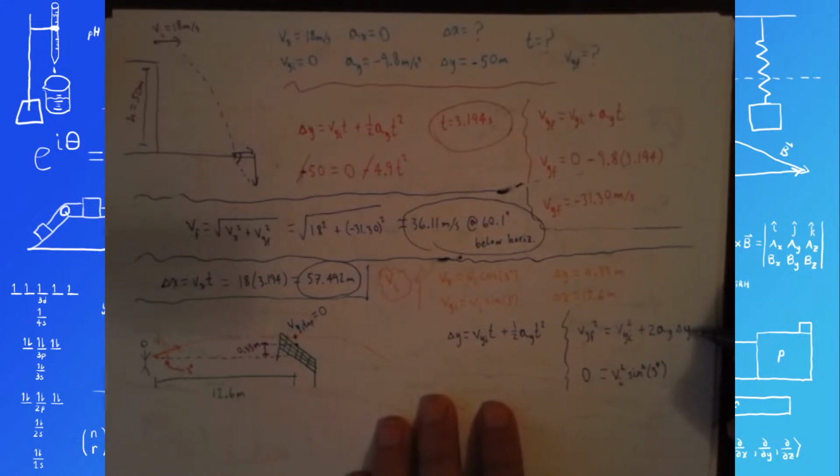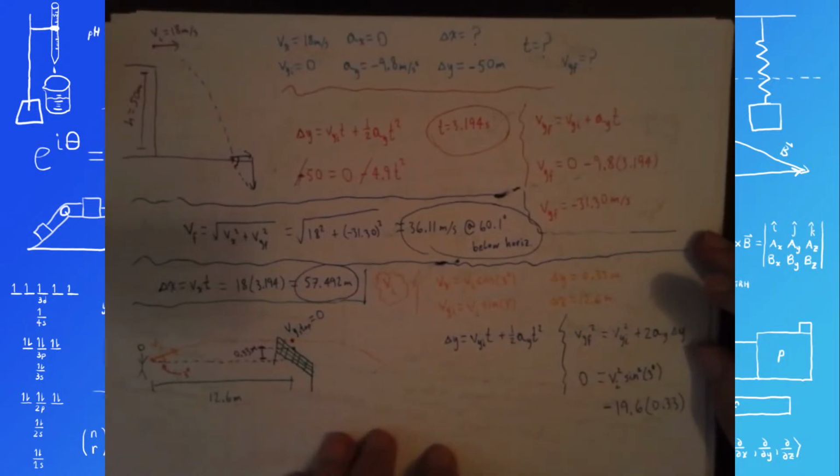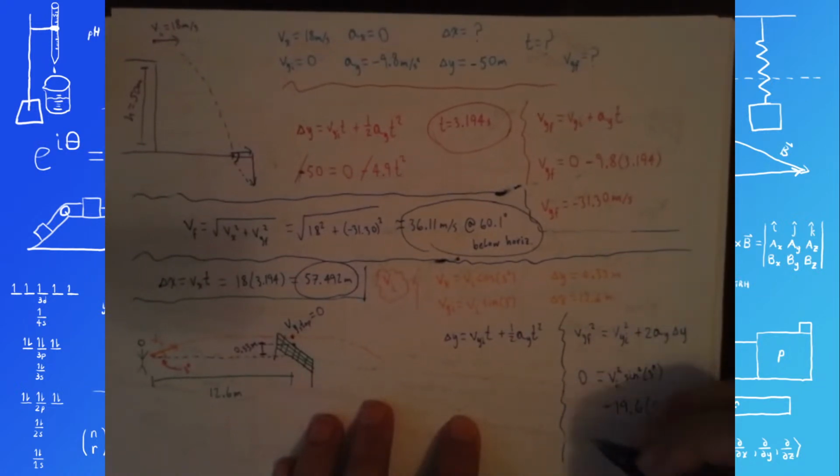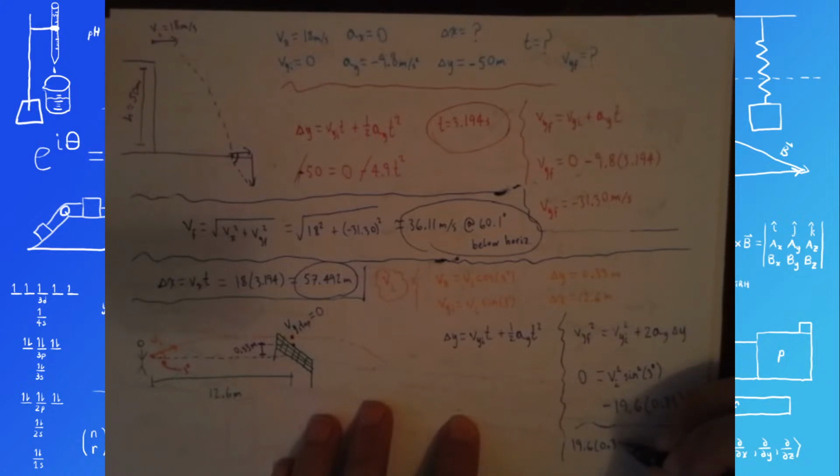And then plus 2ay delta y. So that's going to be 2 times negative 9.8, so minus 19.6, and then 0.33 for delta y. Add 19.6 times 0.33 to both sides. Oh, yeah. Okay, I was expecting this to be a bit more difficult. We will see a more difficult version of this where the initial angle is not given. And that gives me 19.6 times 0.33, whatever that is,